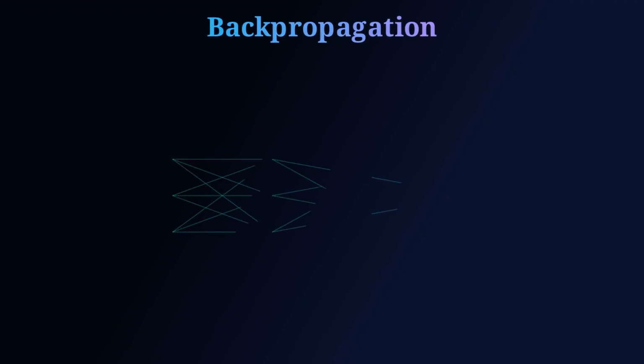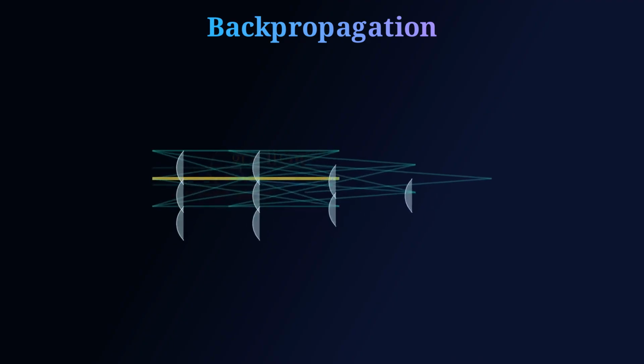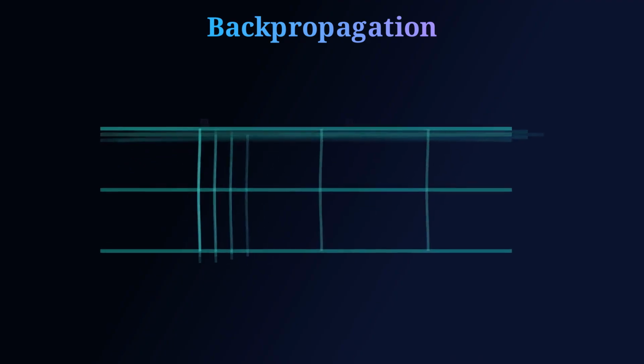Every neural network learns by answering one question over and over. If I nudge this one number, does the final error go up or down, and by how much? That single number, the sensitivity of the loss to a weight, is called its gradient. Computing that sensitivity for millions of weights sounds impossibly expensive, yet backpropagation does it in essentially one sweep across the